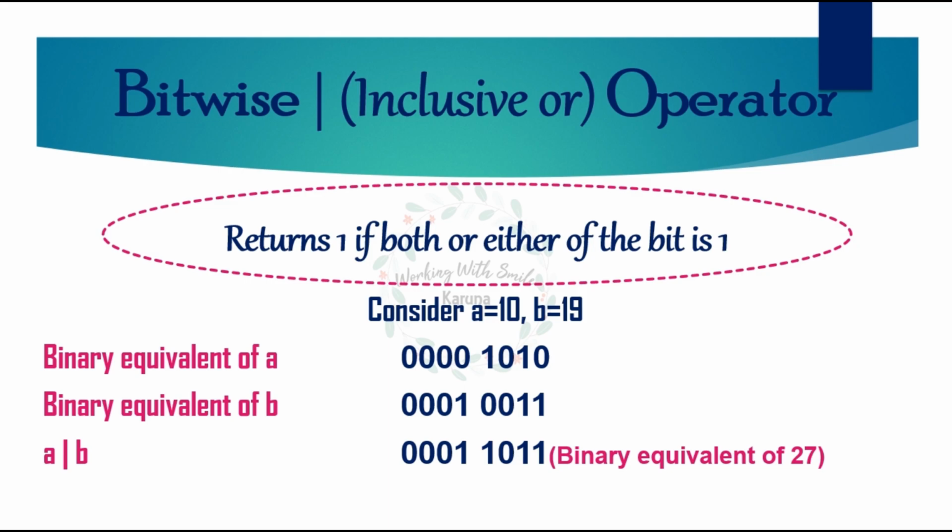Now to understand this, we start comparing the numbers bit by bit from the right hand side. You can see the rightmost bit of number A is 0 and B is 1, which results into a digit 1. When the binary digit of both A and B is 1, this also results into a binary digit 1. That means A or B will give a 0 digit only when both the digits of the operand is 0.